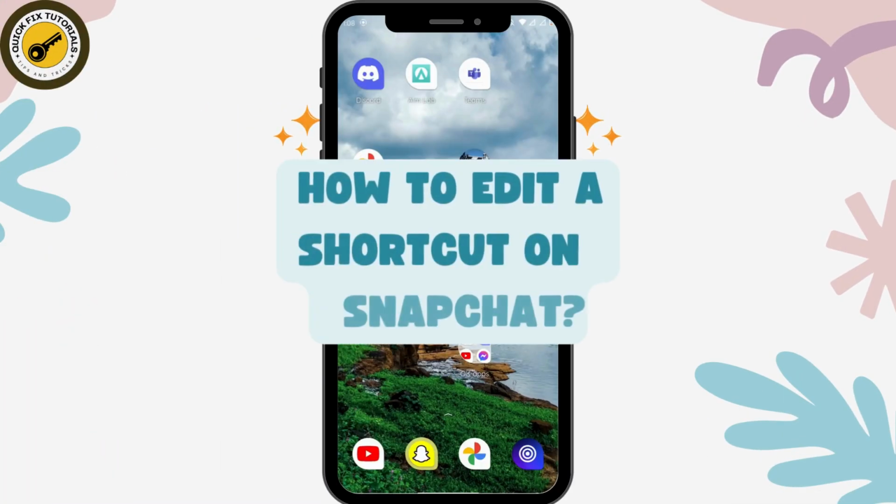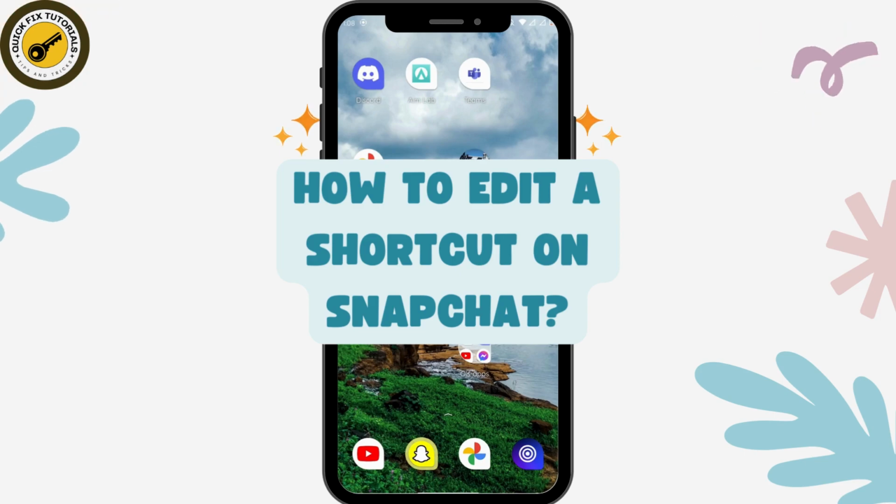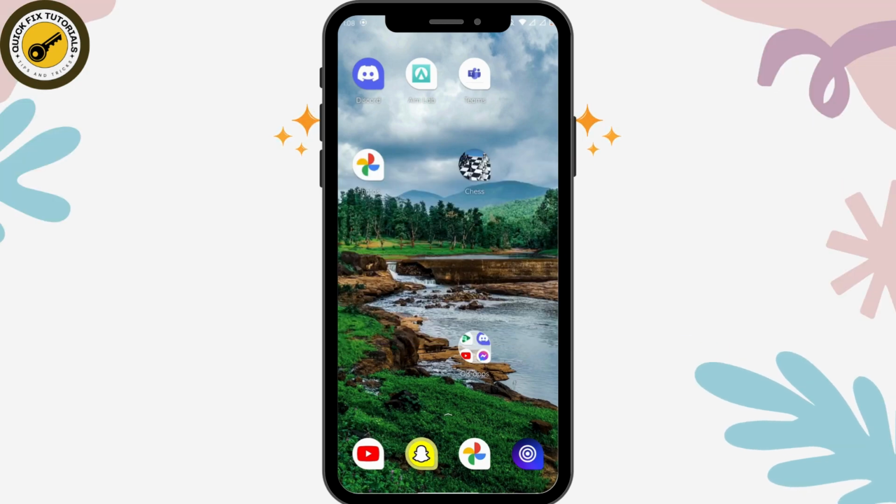How to edit a shortcut on Snapchat. So if you want to edit a shortcut on Snapchat, then first of all you need to open up your Snapchat application,